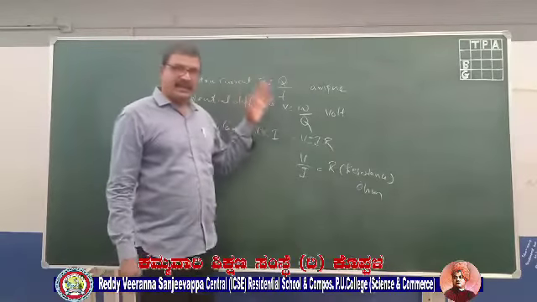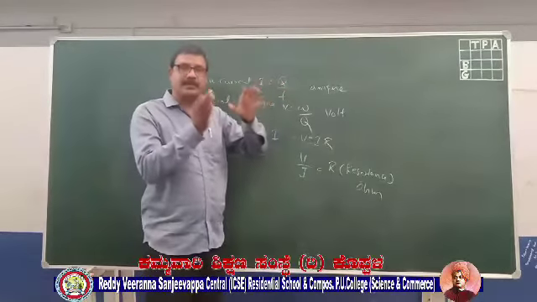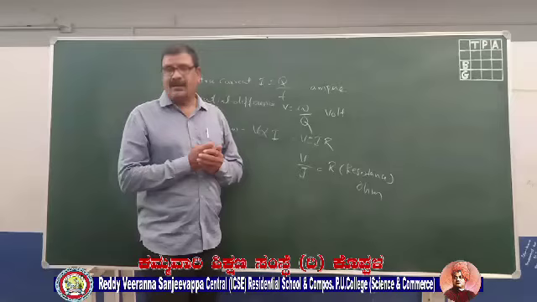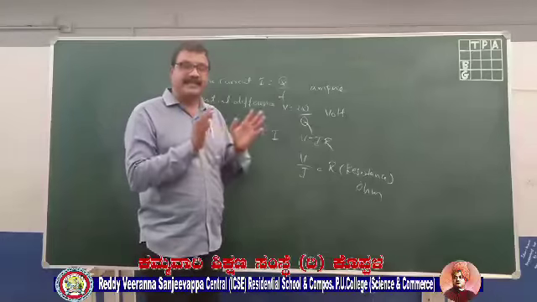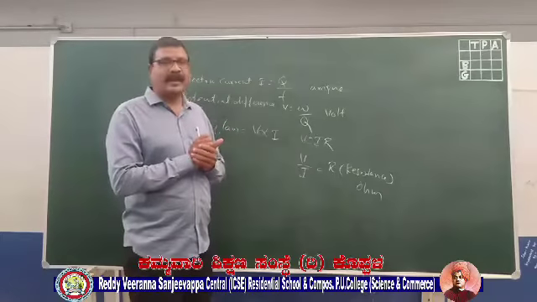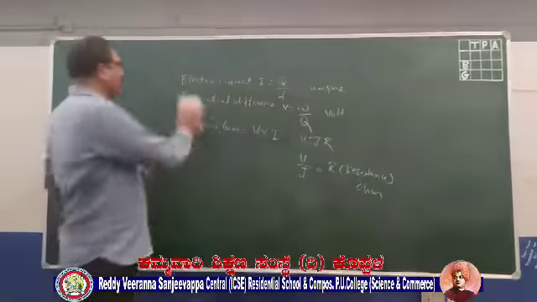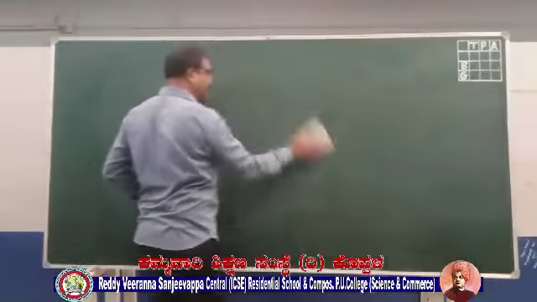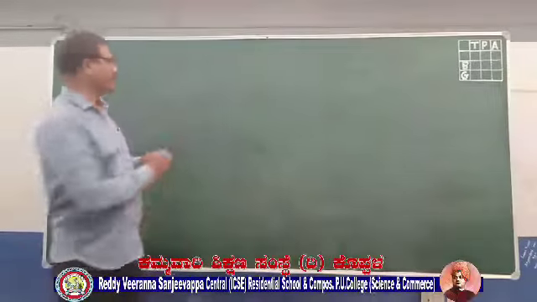Then we took these resistances and made particular combinations. Why do we need combinations? Either to increase the value of resistance or decrease the value of resistance. We will be using resistances either in series combination or parallel combination. So once again I will revise both the derivations, series and parallel, so that it will be very easy for you, and it will stay in your mind once and for all.